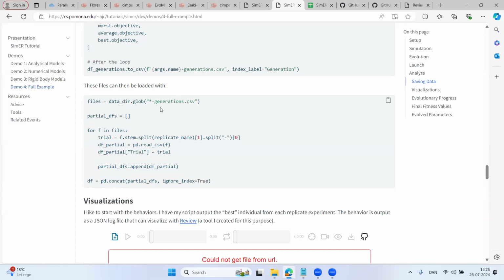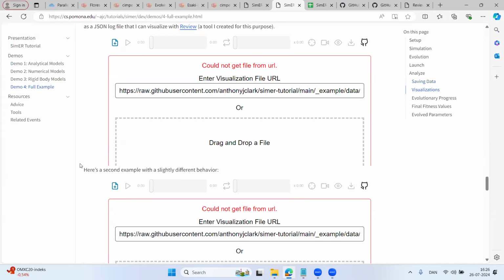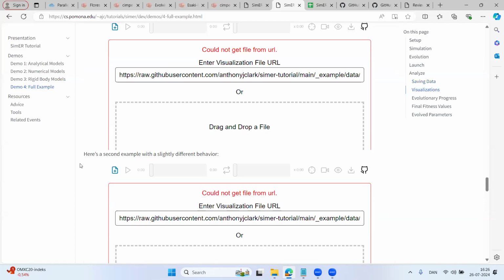So I'm going to grab all the generation comma separated value files, read each of them into a CSV, and then you call concat at the end. And now you have a nice data frame with all of your data across all replicates, all ready for plotting. For visualizing, I always start by looking at the